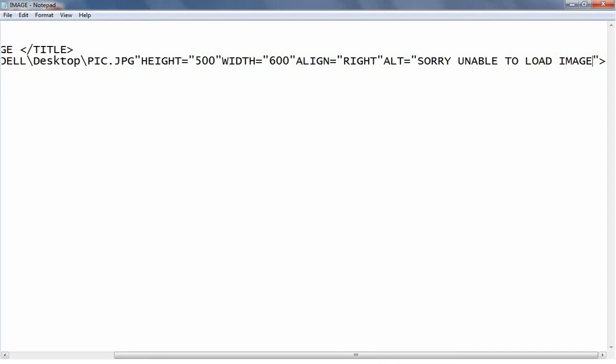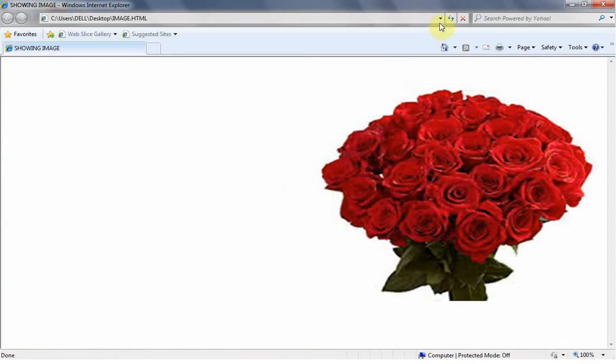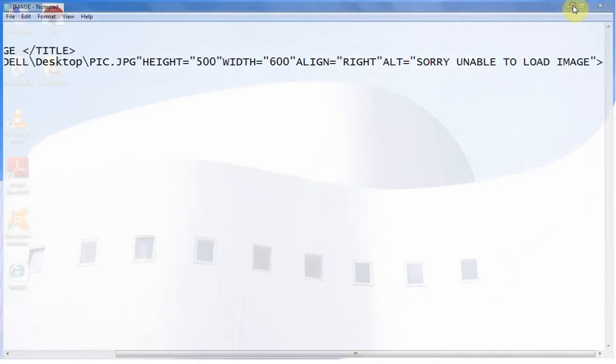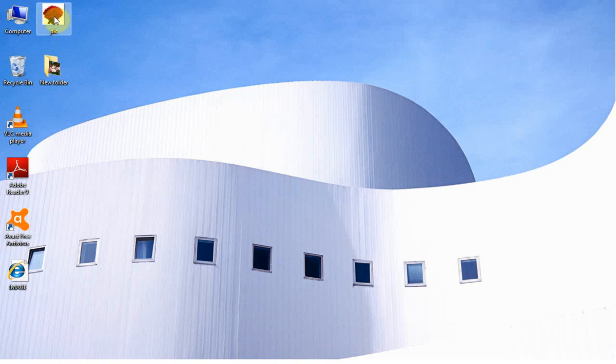Now I am saving this. Now go to your Internet Explorer and click on refresh. You will see no changes here because the location of the image is here on the desktop.